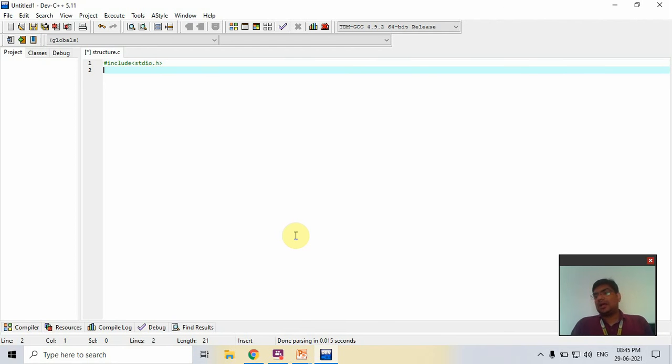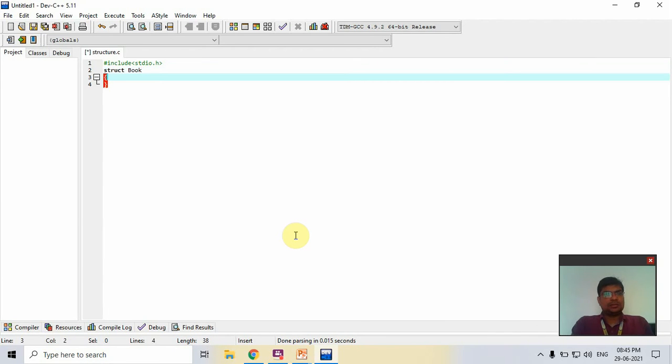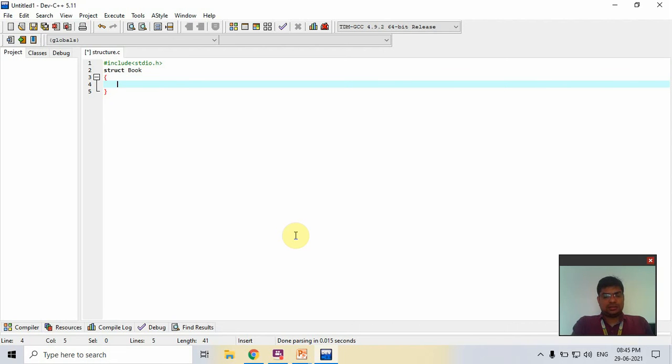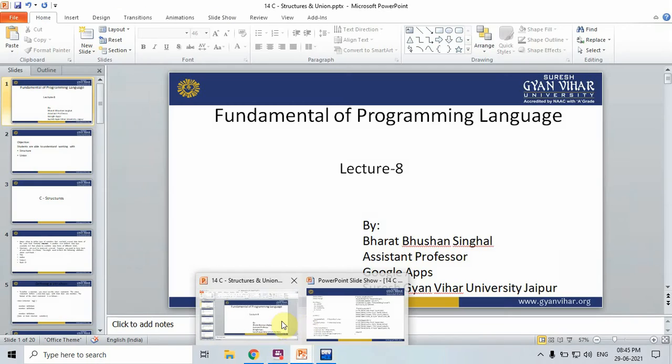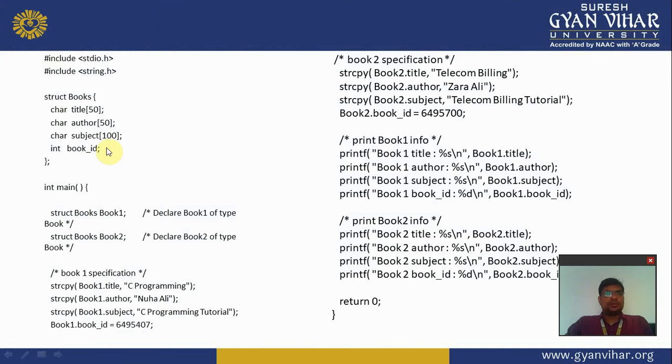After that, now I create the structure. The definition: struct, and give the name Book with capital B. After that, you create the members: struct book with title, author, subject and book ID.